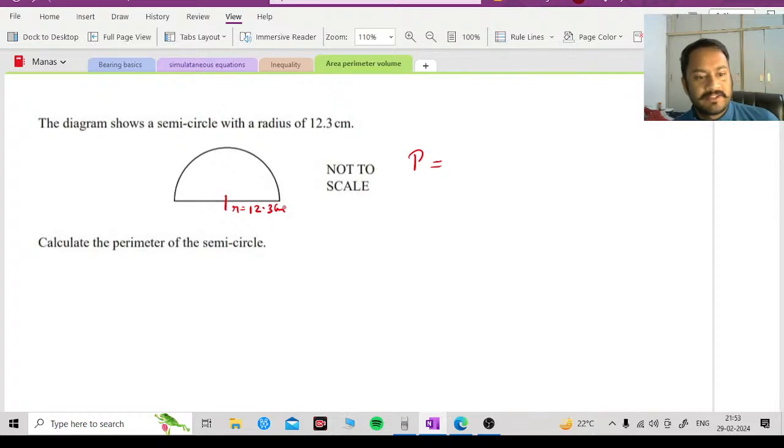Okay. So let's see. Lovely is saying 101.88. Okay, let's give it a try now. So perimeter is basically the diameter, because if you start from here, travel from here to here and then take a curved path, right? So diameter plus half of 2 pi r. So basically diameter plus